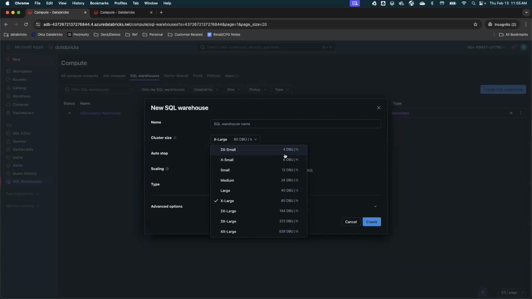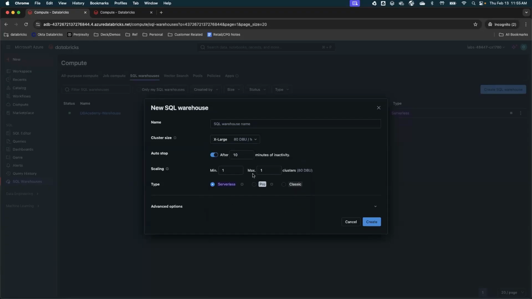So that is when you will understand, based on the number of users, the data size, and how large my queries will be, what compute you want to use. You can always scale it up or scale it down, but that comes later.